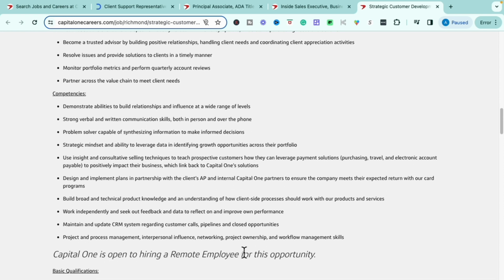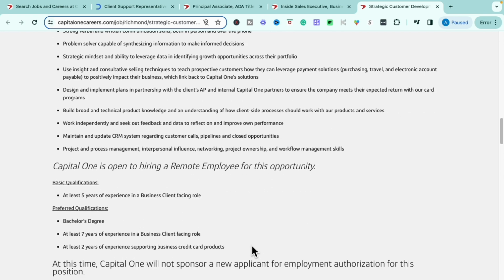Getting more into the competencies for this role, they just want to make sure you're able to build relationships. You have strong written and verbal communication skills because you will be working with different clients. You're a problem solver, so you definitely have that second step thinking. You don't get stuck at the first step and need somebody to come and show you and tell you what to do, but you go searching for the answer. A lot of jobs are looking for initiative, so make sure that you definitely have that problem solver or second step way about you. Also, just being insightful, understanding different selling techniques, design and implementation plans, being able to work independently,